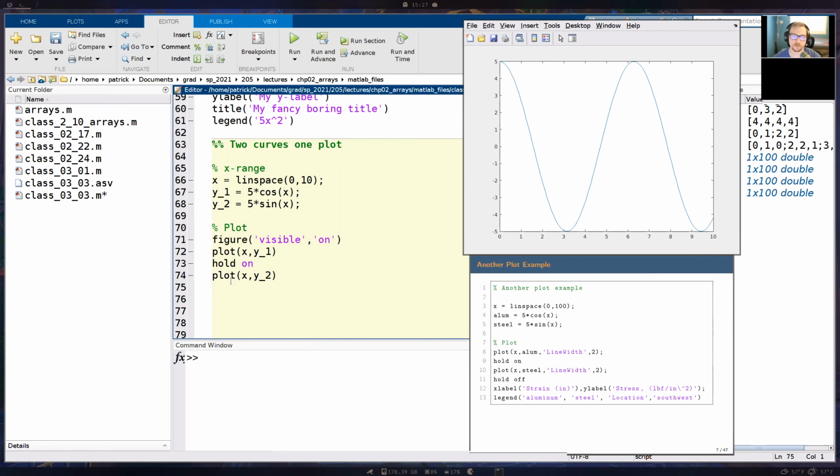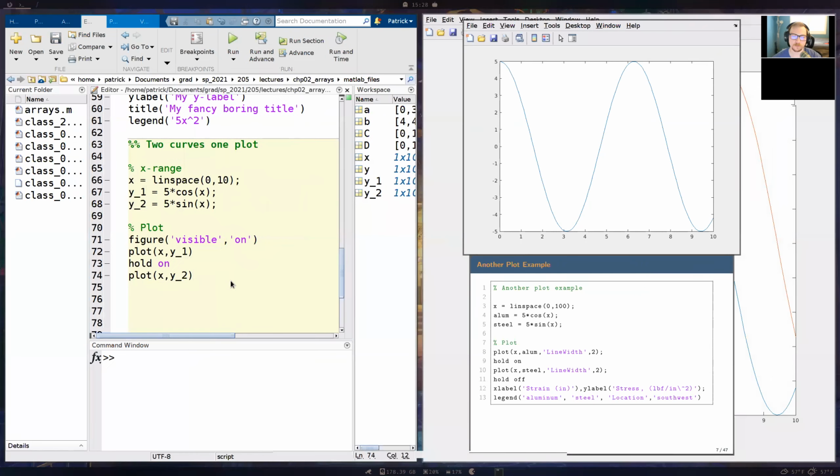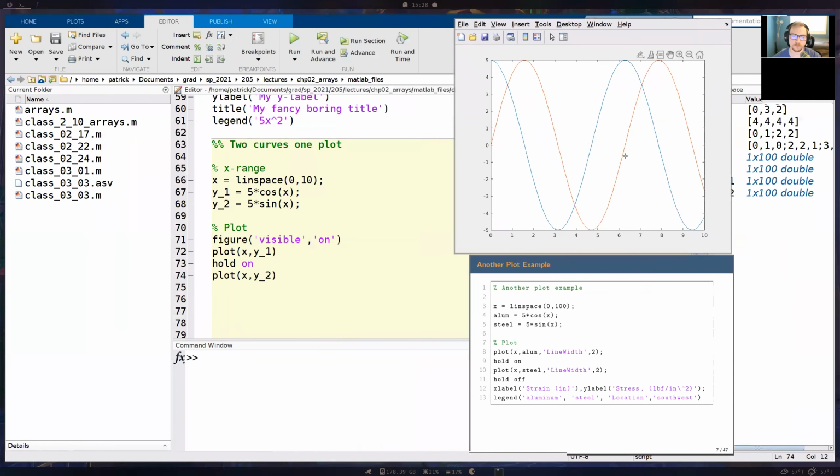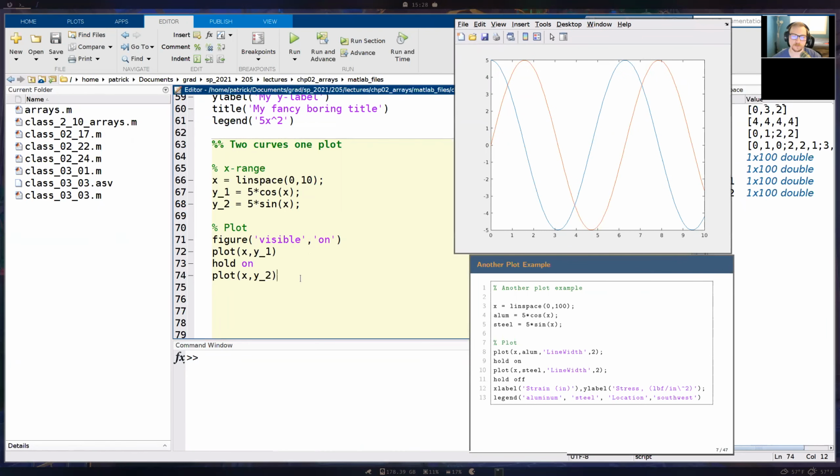Then once we're done with all of the curves that we want to plot, we're going to say hold off. Now, I actually could run this right now, and you'll see that I get my new plot, and it worked fine. But by convention and standard practice, you should make sure that you type in hold off once you're done plotting all of your curves.